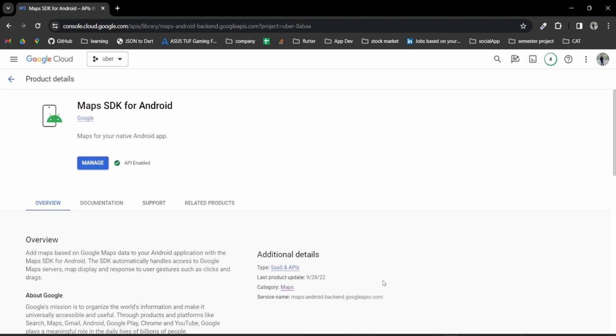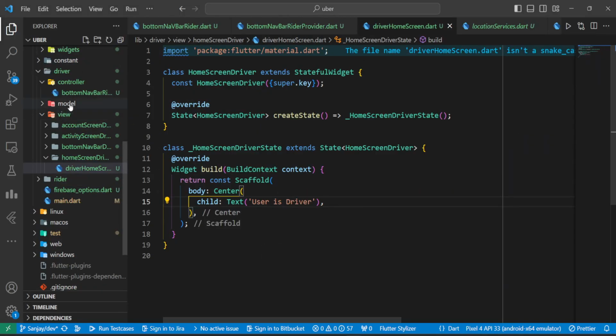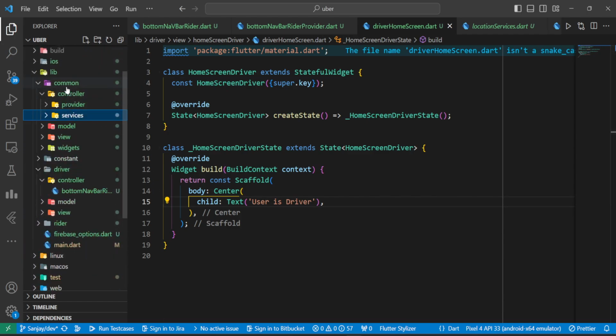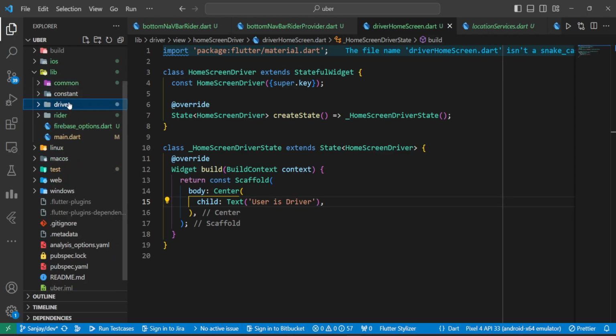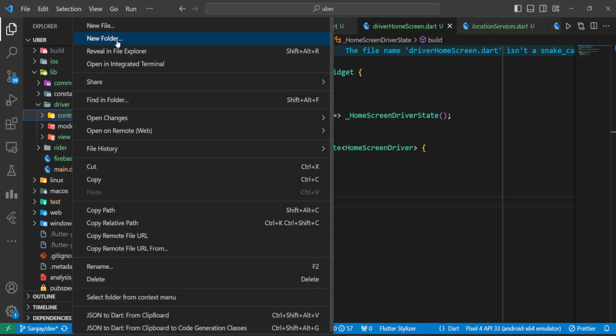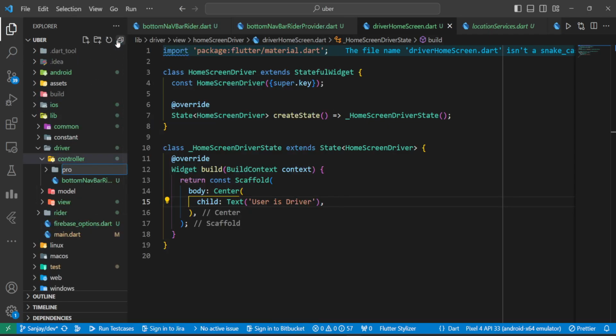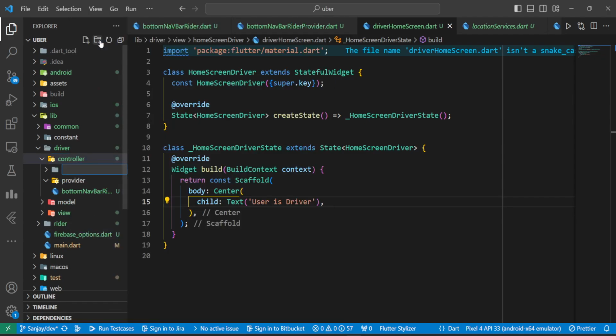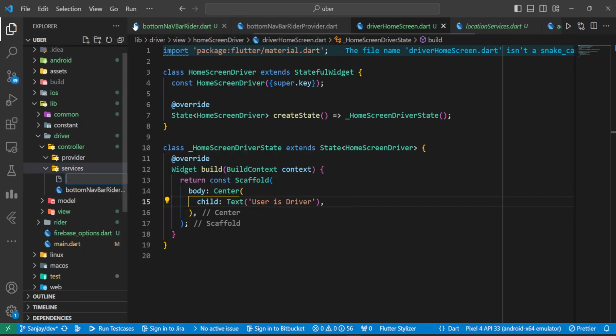Now it's time that we populate the map inside our driver Uber page. So let's create a provider, naming it location provider. Okay, let's name it maps provider. So inside driver, we will go to controller, select, go with a new folder, naming it provider. And here, in controller, we will go for another folder, services. Inside provider, we will cut and paste the bottom navbar, and here we will create a new file, naming it